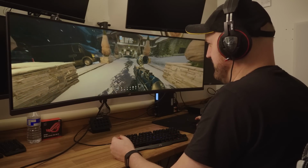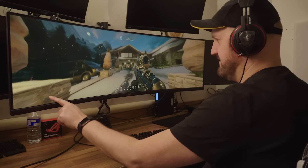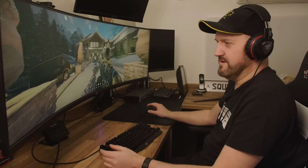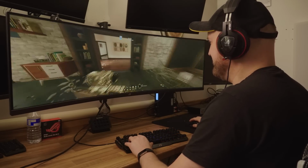It does feel, when you've got it on such a wide screen, if you look up and down, you can begin to feel the fisheye effect of 75 field of view, which you can't normally on a single monitor, but you can when you're on something this big. To actually game at this resolution is,